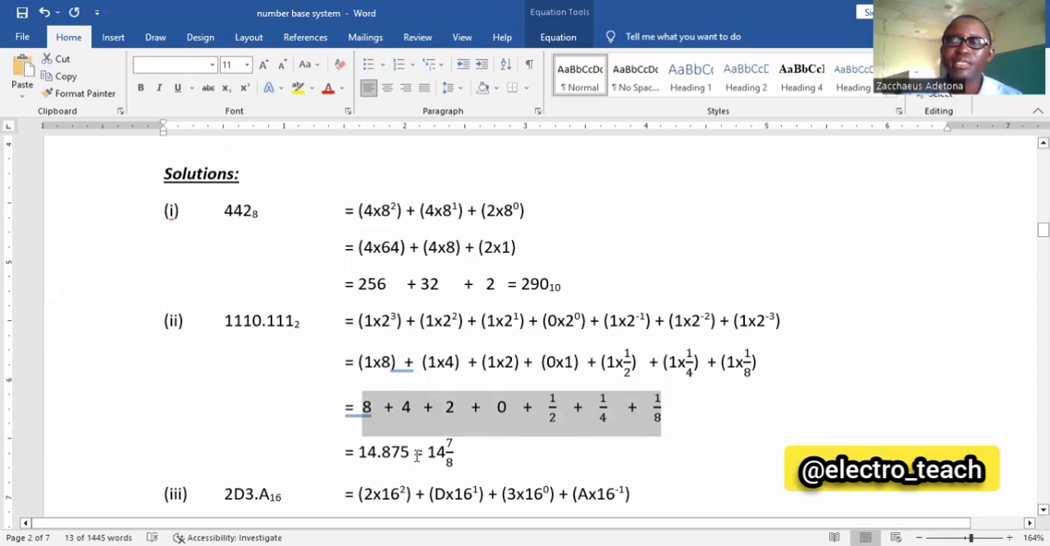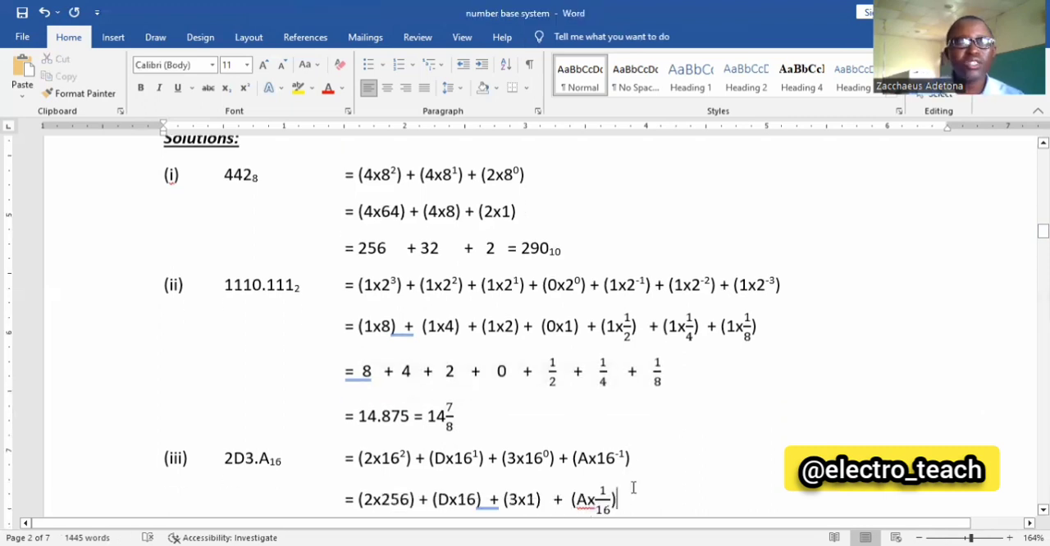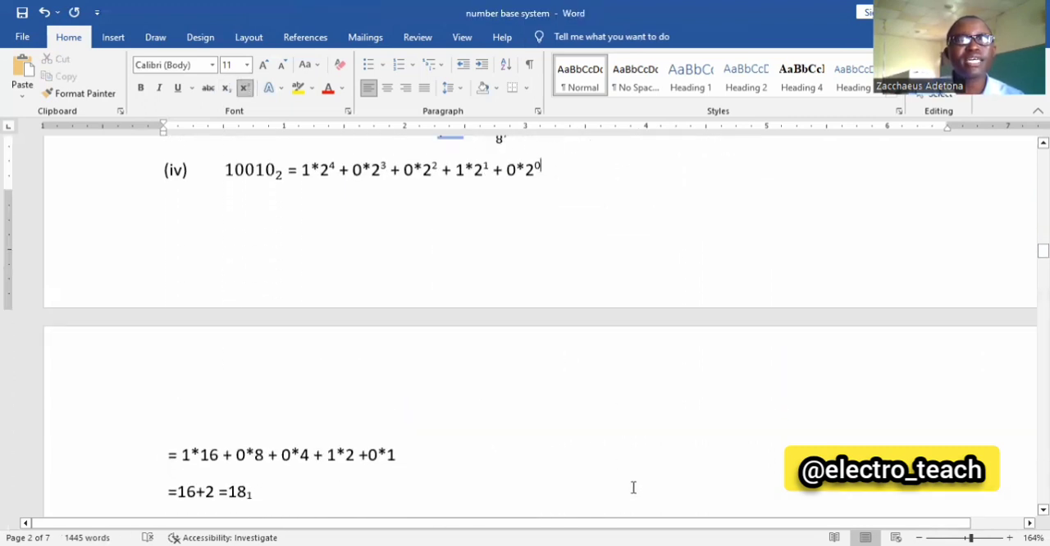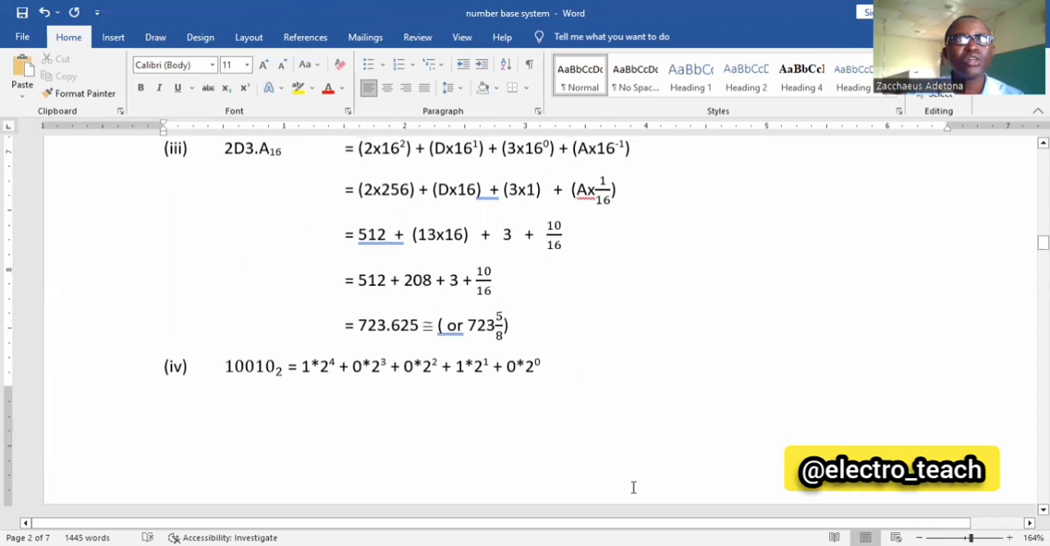14.875 in base 10. Now, base 2 was 1110.111 base 2. Now, base 10 is 14.875, which is equivalent to 14 whole number 7 over 8. Now, the next one is in base 16. We have a letter there in the question. Number 3,